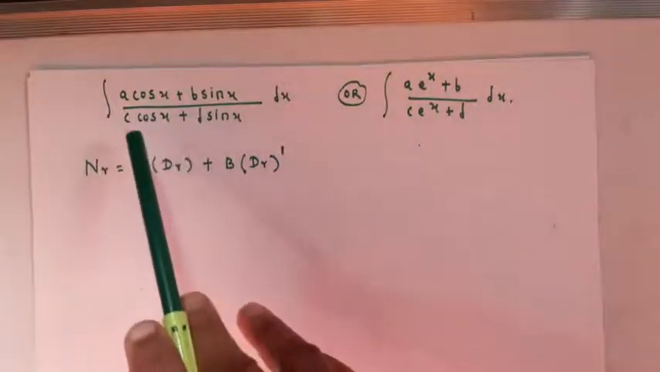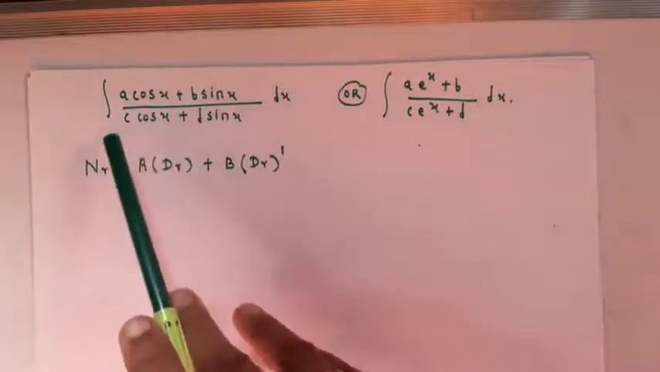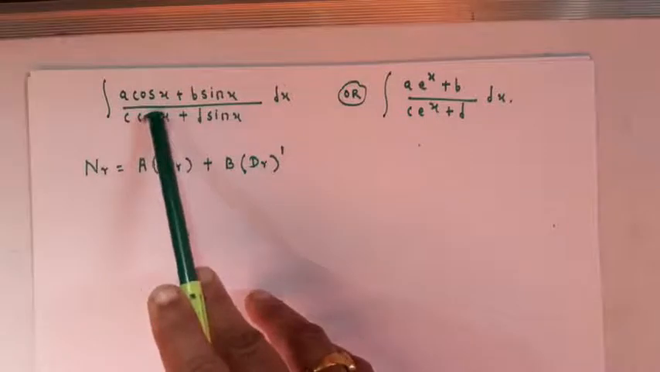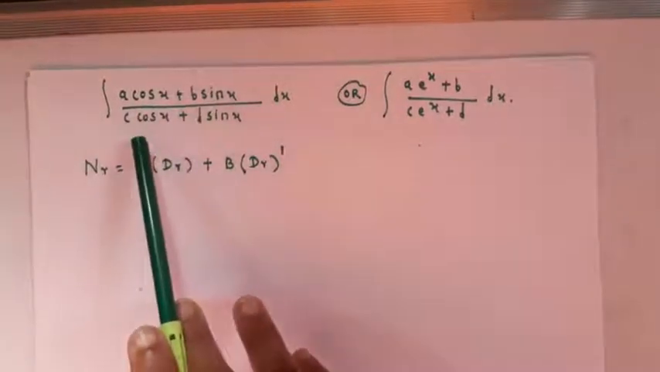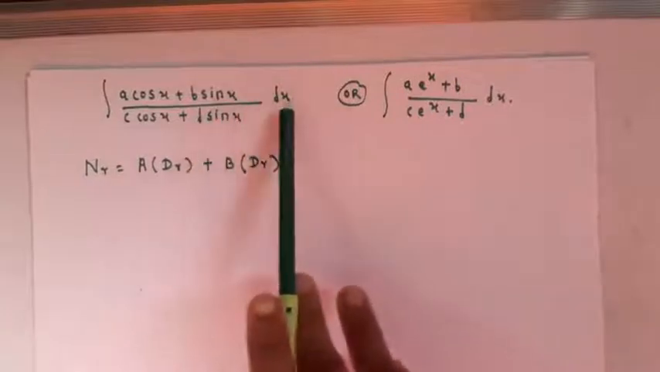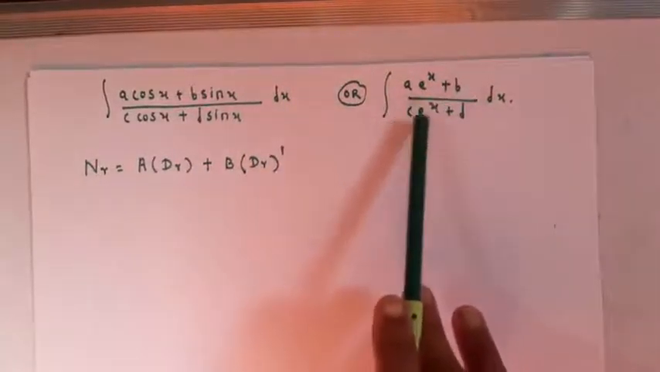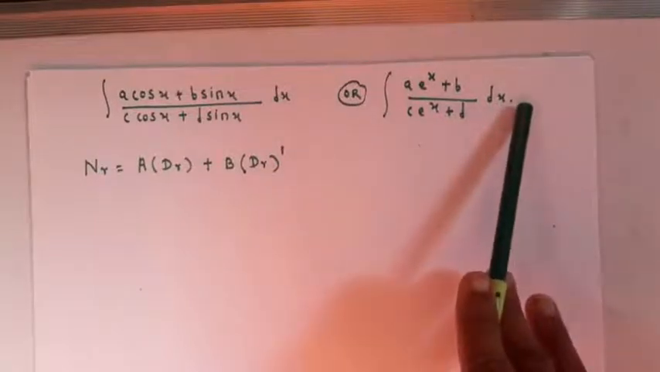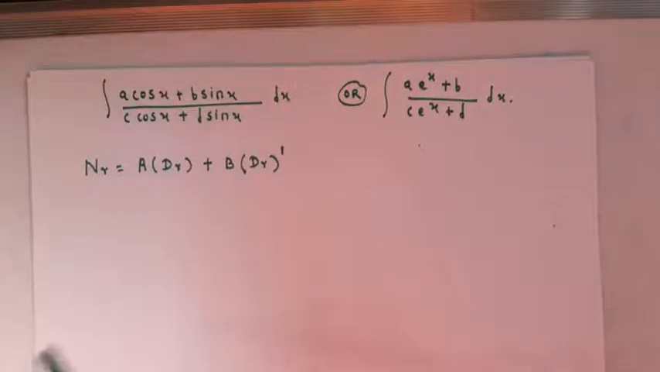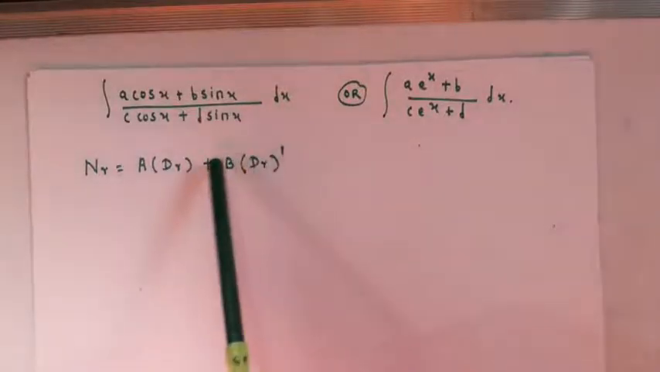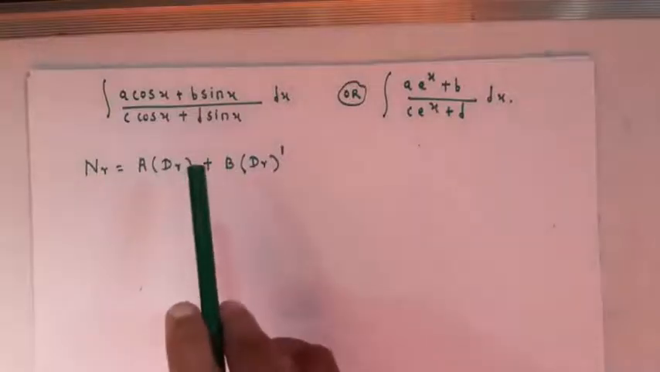So this is the substitution method, but in that method the problem is of the type integration of (a cos x plus b sin x) upon (c cos x plus d sin x) with respect to x, or (a e raised to x plus b) upon (c e raised to x plus d) with respect to x. Like this the problems are there. So to solve such type of problem, the specific method is that